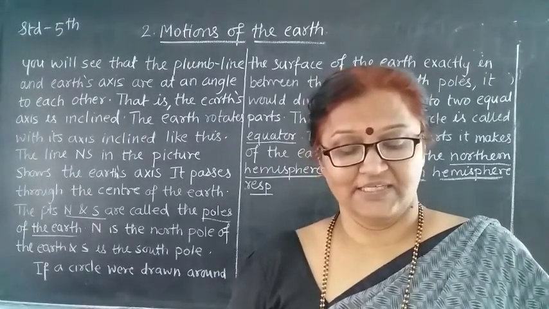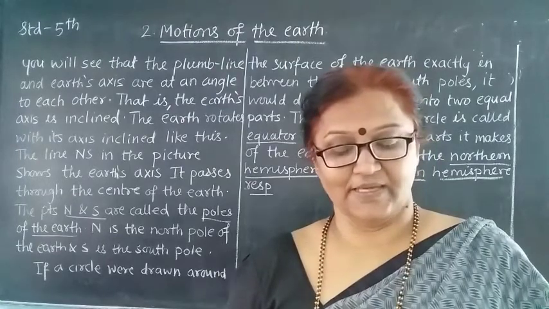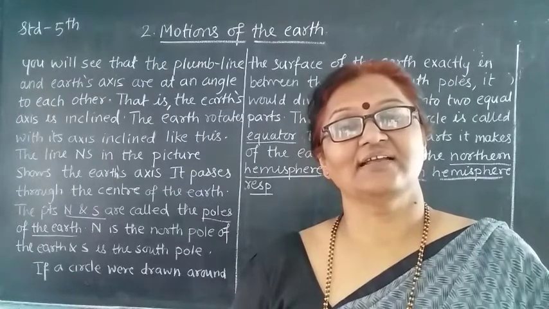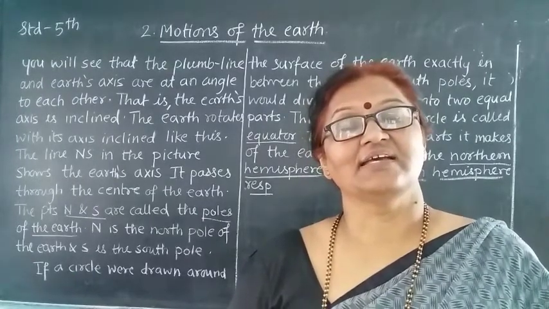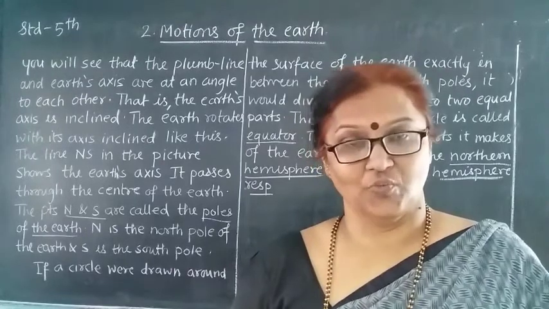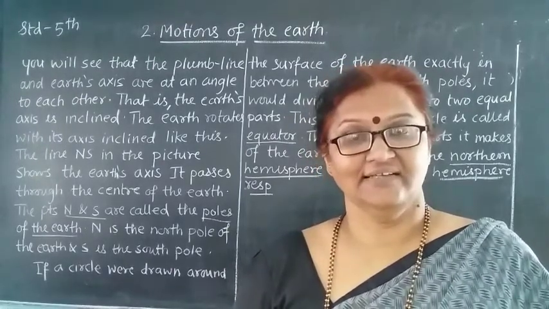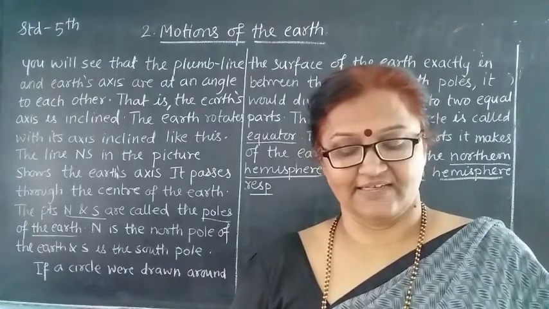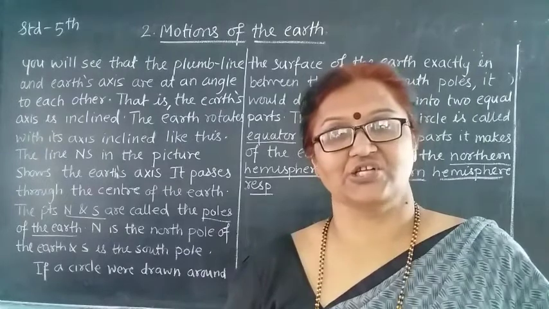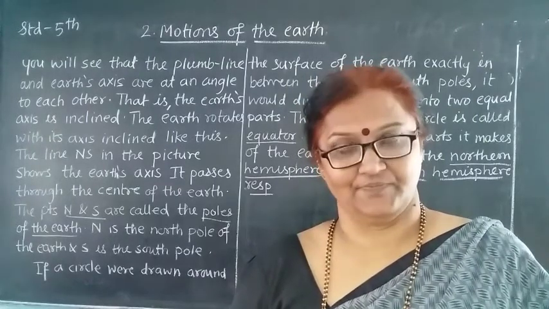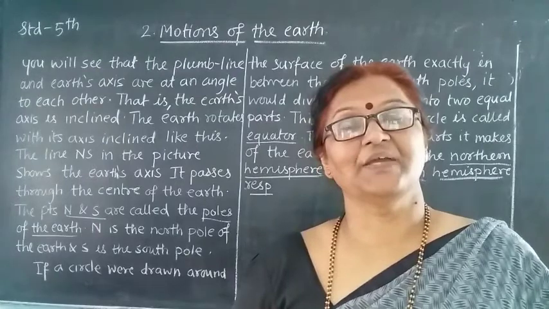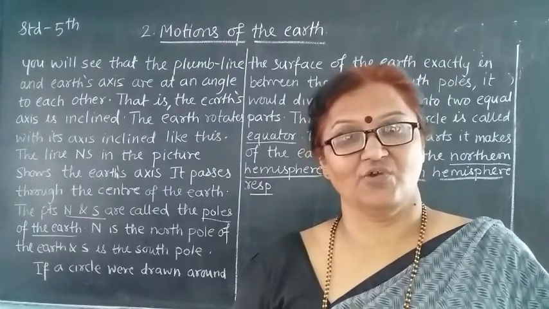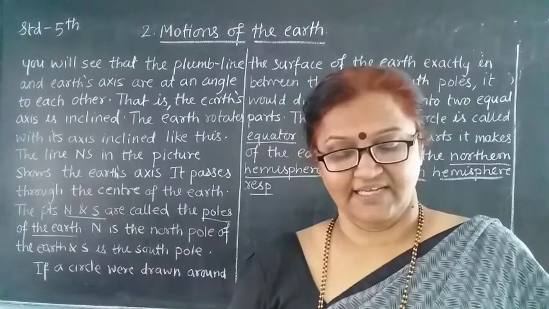When the earth completes one rotation, that is, when it makes one complete turn round itself, when the light on the bindi is seen, whenever there is a complete rotation of the globe, at that time we can see this light on the bindi. This period of time that the earth takes to complete one rotation is called a day. That means the period in which the earth rotates round itself is called a day.